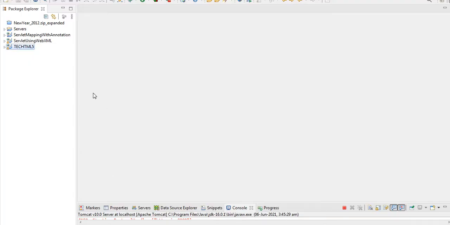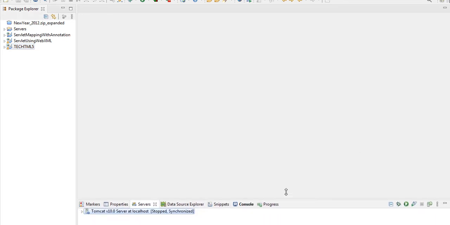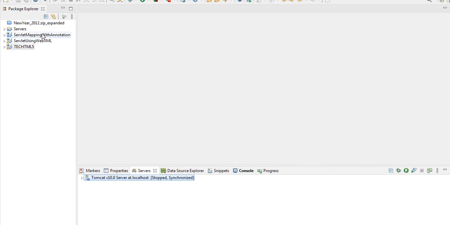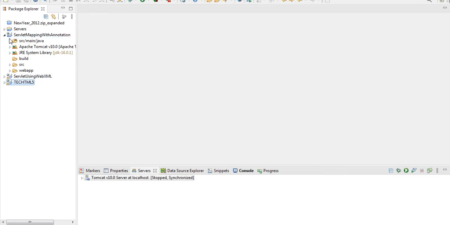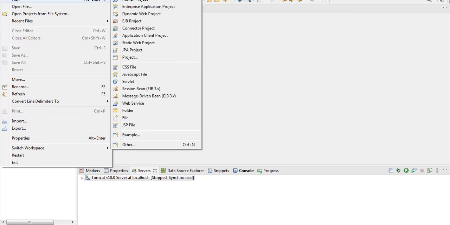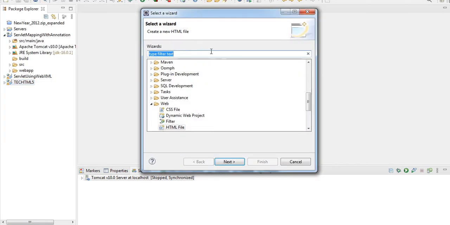Servlets are server-side programming. As I told you, Google is a server, Yahoo is a server. Here I am going to use a local server called Apache Tomcat. You cannot understand all this right now. We will see everything in servlets or in frameworks. For the time being, just see the output. I have done some coding. Web applications, web means a dynamic web project. You have two types of projects. One is a Java project, whatever we do in Java.